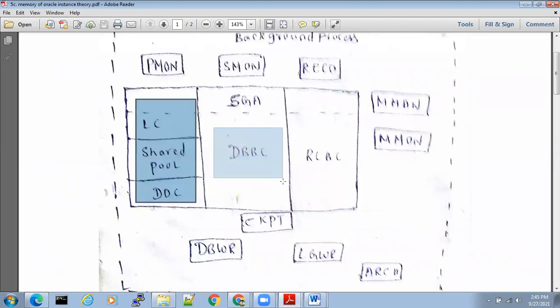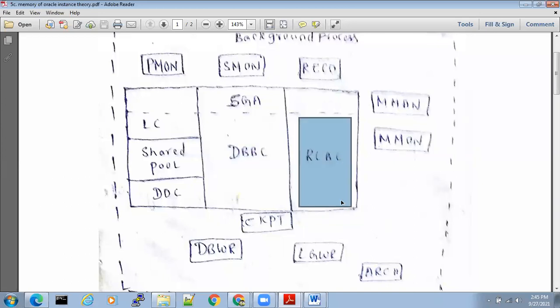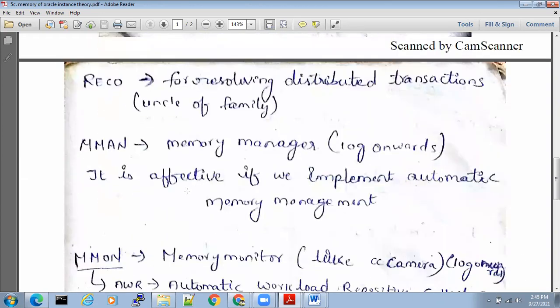You are giving DB cache size, meaning database buffer cache, a separate parameter, 150 MB. You are giving log buffer, meaning redo log buffer cache size, 20,000, which means 200 MB. You are giving separate parameters.